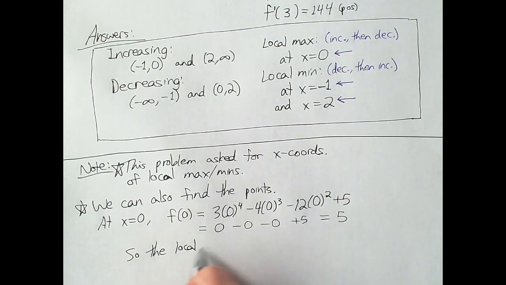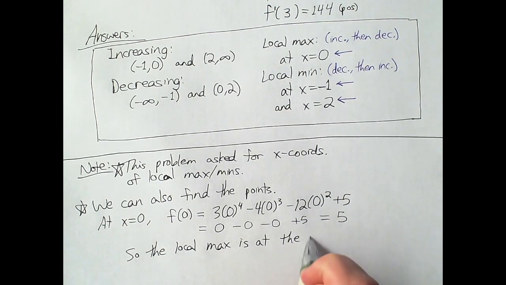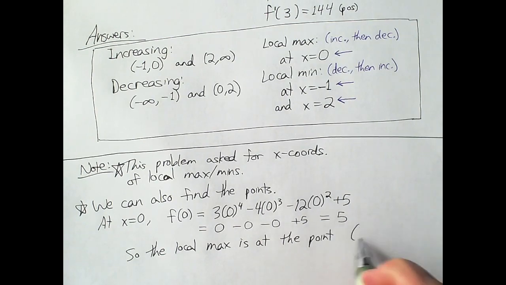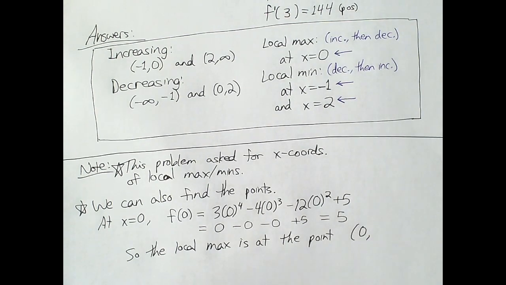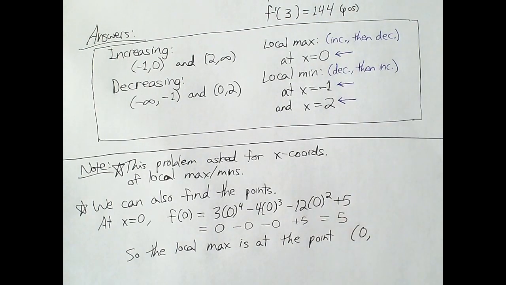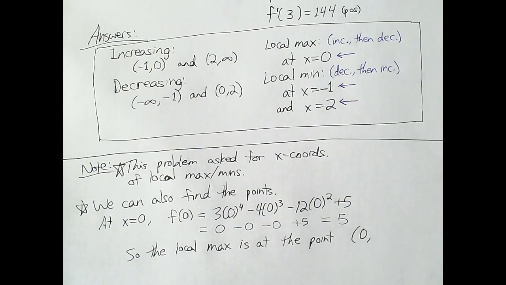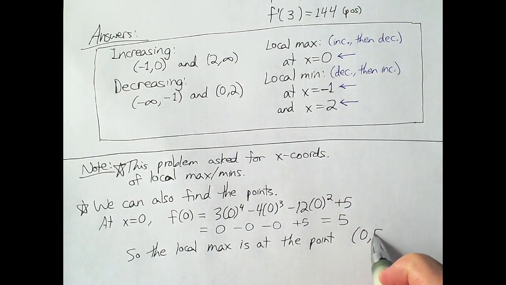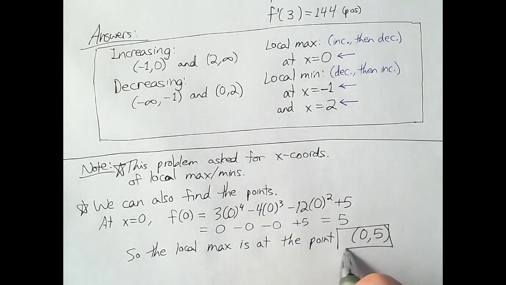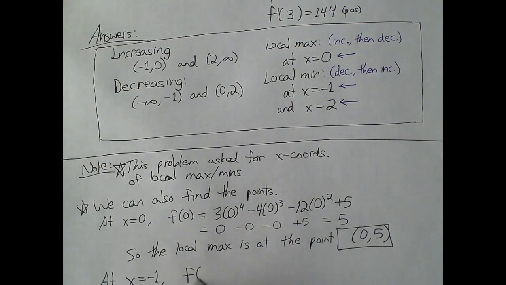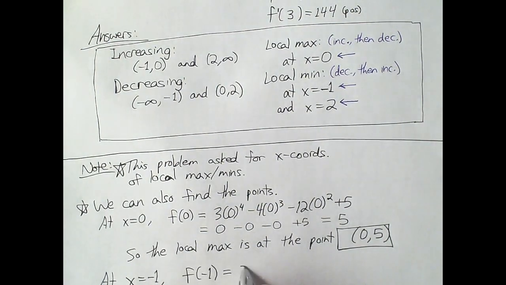So the local max is at the point... We knew it was 0 comma something. When we said that there was a local max at x equals 0, we knew it was 0 comma something. But in fact, now we can say that it's 0 comma 5. Let's do the others. At x equals -1, f of -1 equals